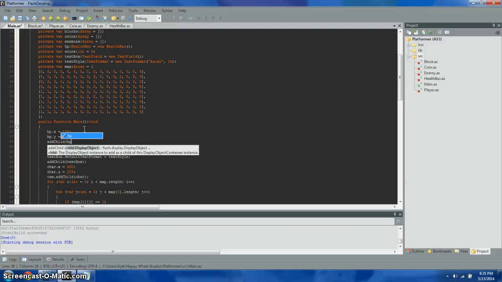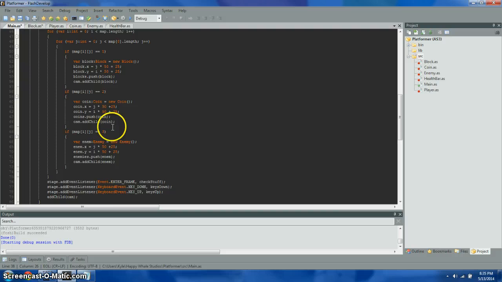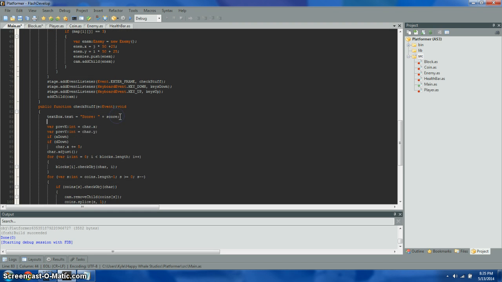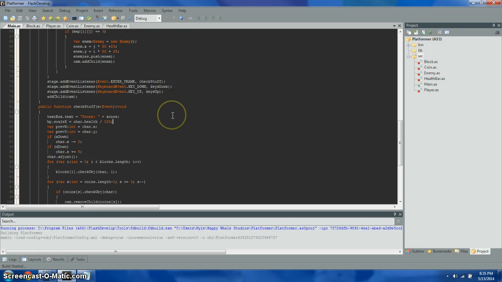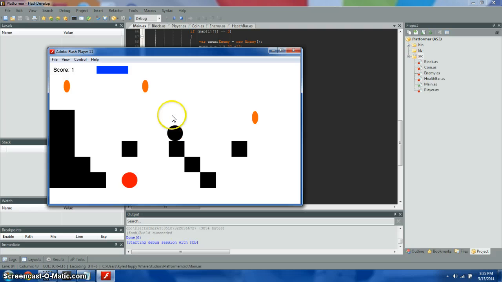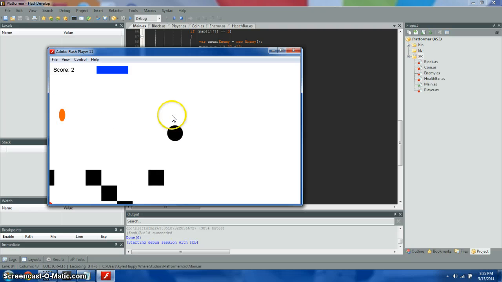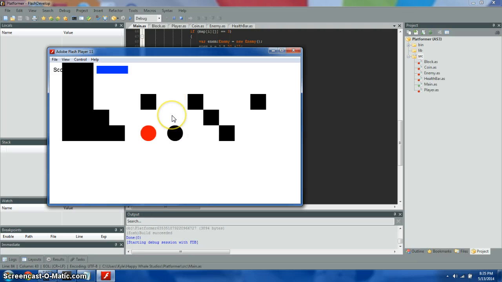Add child hp, and then down here in our check stuff say hp.scaleX equals player, or no, char.health out of 100. Now if all of this worked correctly, oh, that's blue, but anyway, we go down here,